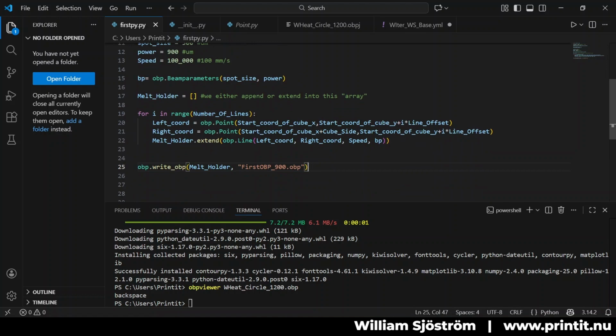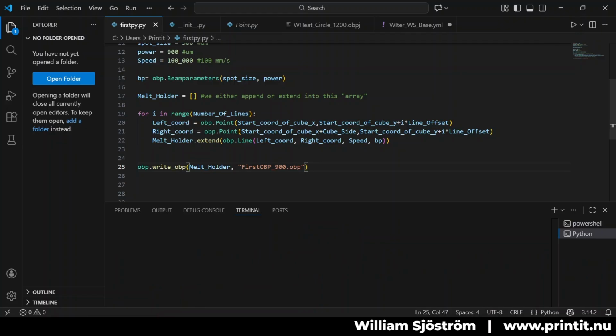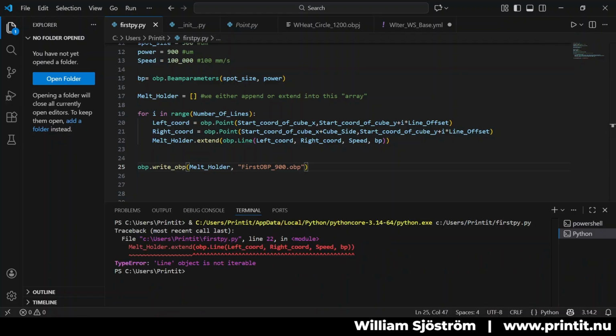So since we have the Python extension installed, we have the run button up here now. So I'll just go ahead and press that one and see what the terminal says. Okay, so it says something here, which is not working. So line object is not an iterable. We're having a problem here in line 22,